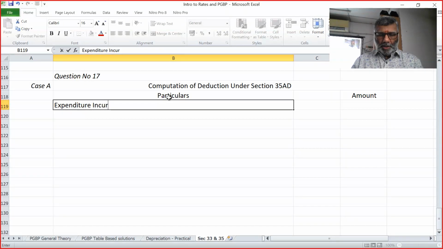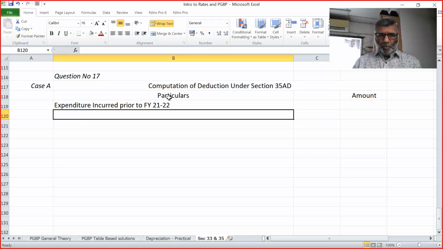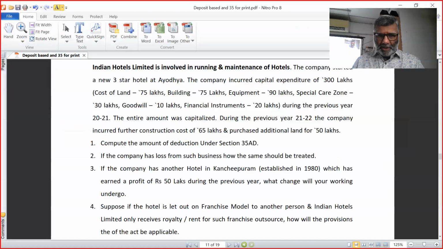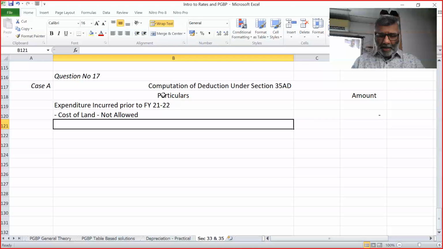Expenditure incurred prior to financial year 21-22: cost of land not allowed. Please write cost of land and say nil. The examiner should not think that you have not read that line; the examiner should know that you know the provision. So cost of land nil, building 75 lakhs,